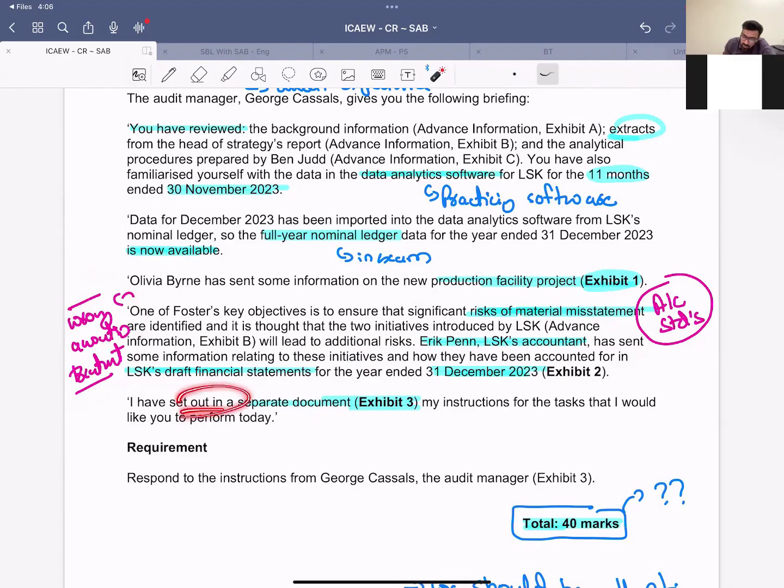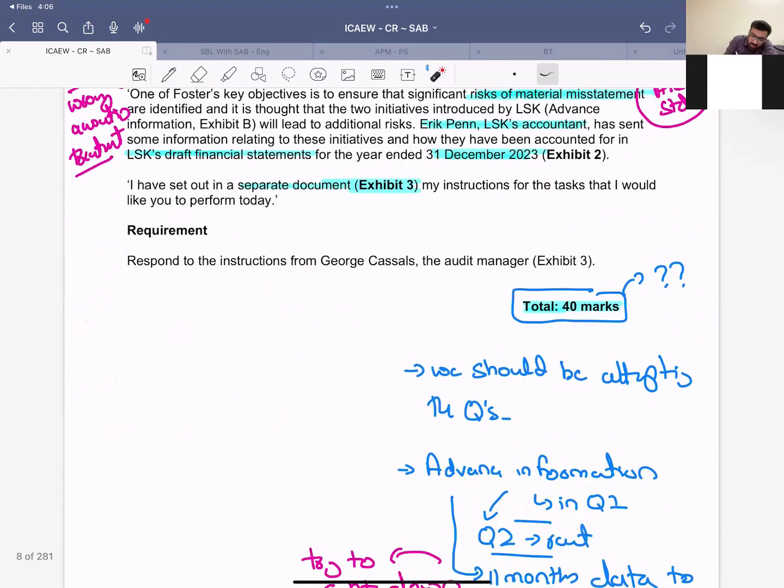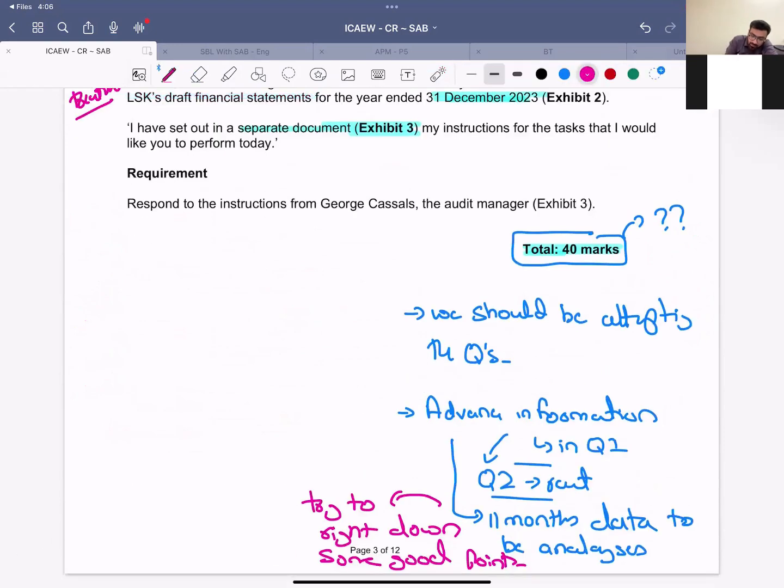I have set out in a separate document my instructions for the task that I would like you to perform today, and it's Exhibit 3. So Exhibit 1 needs to be read, okay? So we have to read,